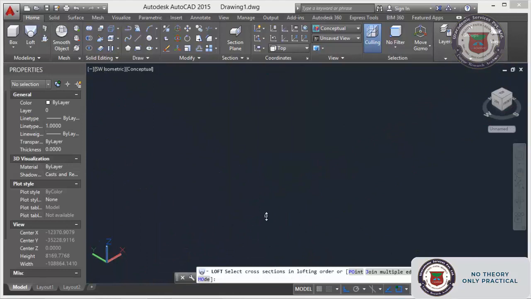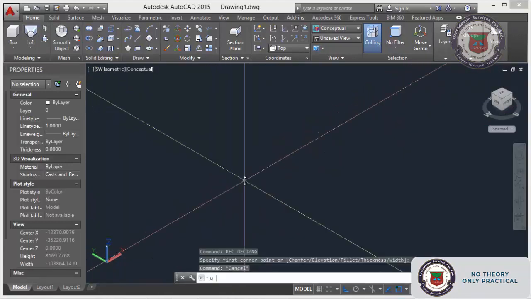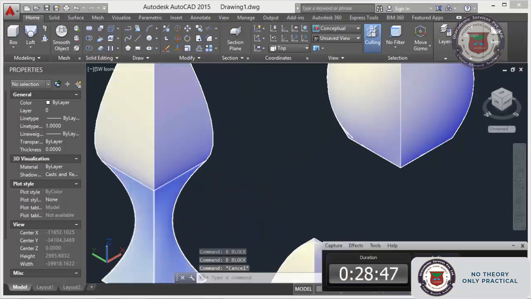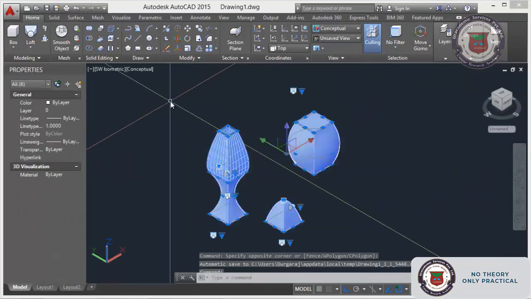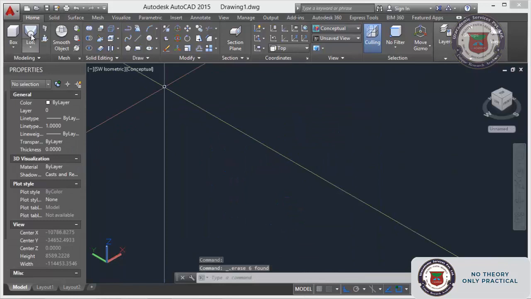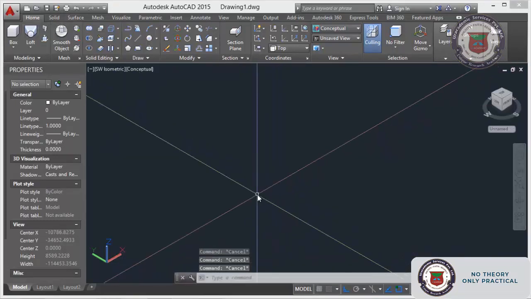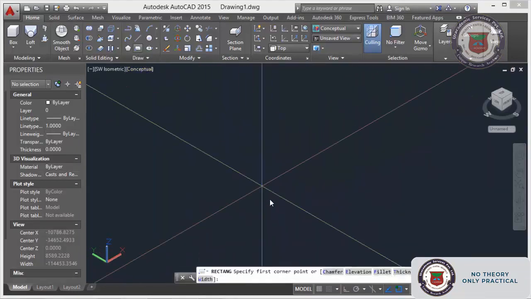For that one I will do one thing. I am deleting all those things and we will come to the other options. For that I am making 2-3 cross sections. I will make simple cross sections so that your understanding will be easy.